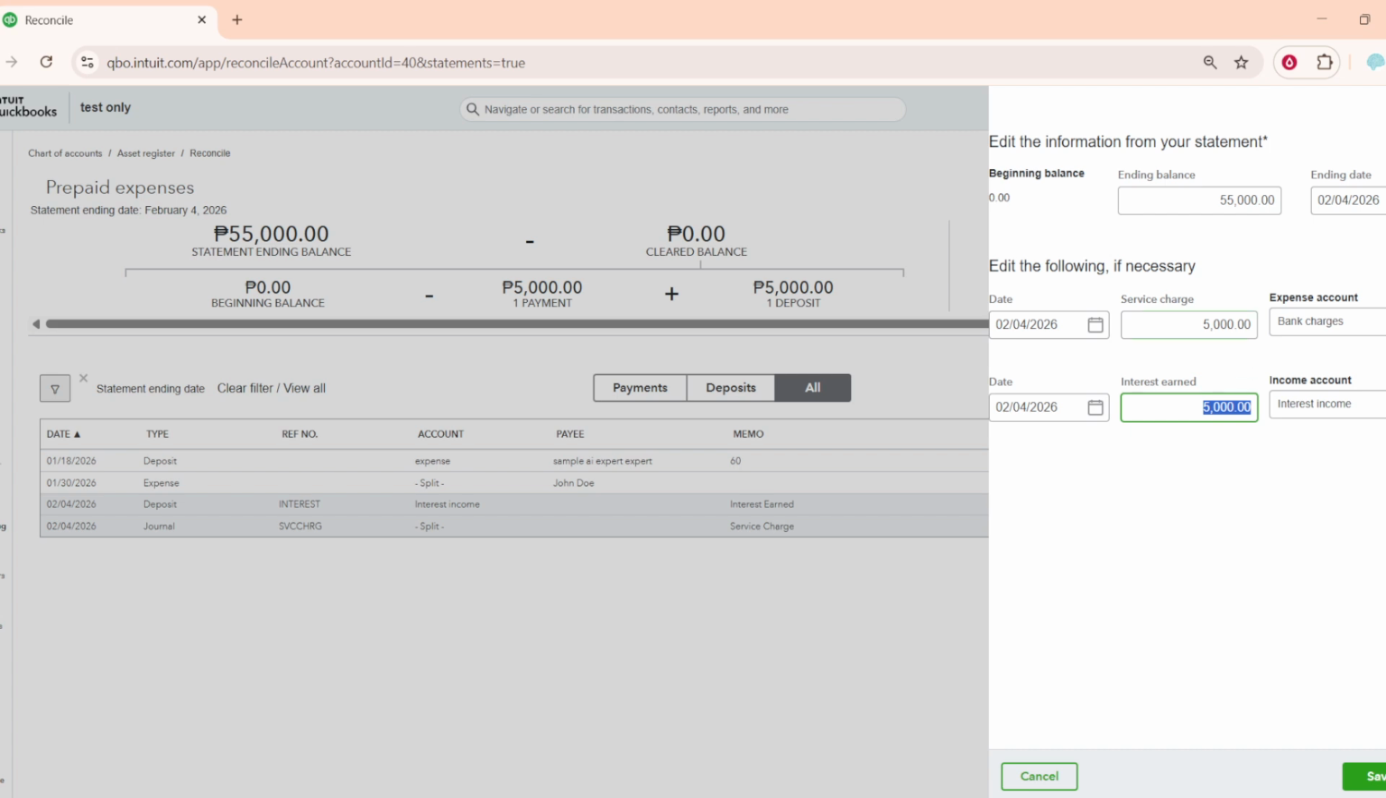Once the difference is 0, click Finish Now to complete the reconciliation. QuickBooks will save a reconciliation report, which you can review or